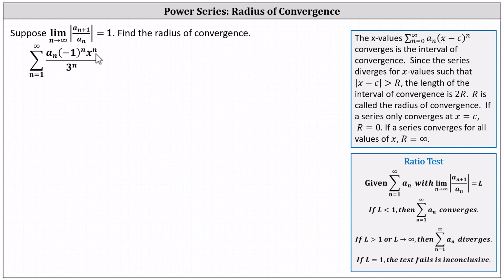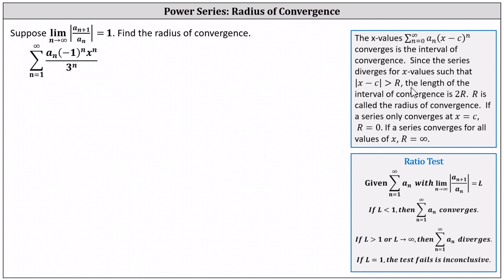Because of the x to the power of n, which we could think of as the nth power of x minus 0, the given power series is centered at x equals 0. And now referring to the notes on the right, when we have a power series in the form of a sub n times the nth power of x minus c, the x values for which the power series converges is the interval of convergence. Since the series diverges for x values such that the absolute value of x minus c